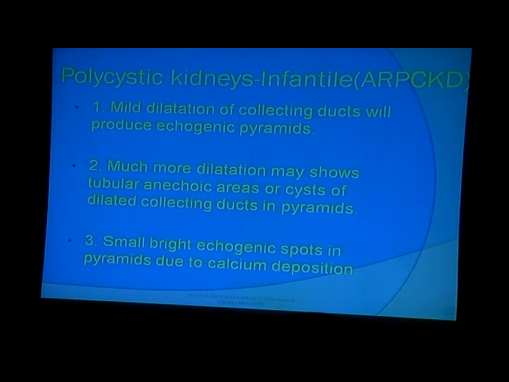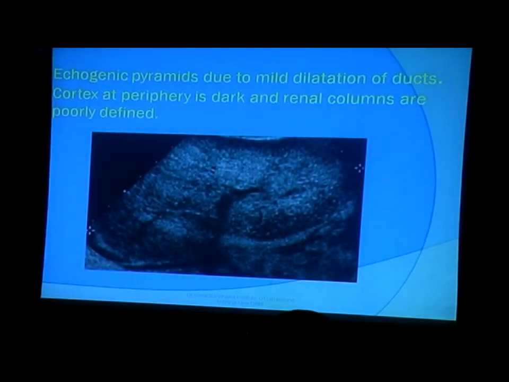Plus, sometimes after birth, you may find that this is showing you that the whole kidney is echogenic. I think you must have seen this picture in infants or in fetus also. When you have an infantile polycystic kidney case, both the kidneys are enlarged and bright. The same picture is almost here. Only the cortex may look somewhat dark, and you cannot make out where the pyramids are and where is the remaining parenchyma. The columns of Bertini are not seen very well.